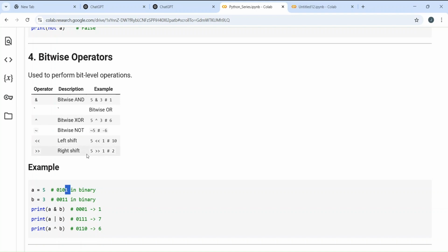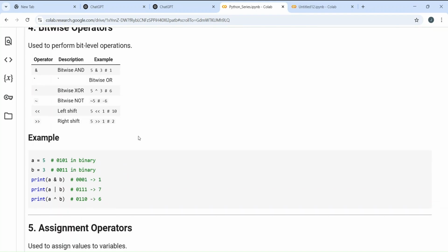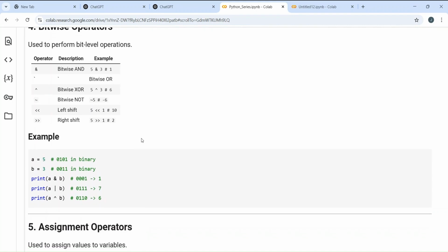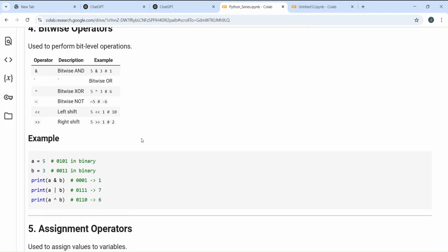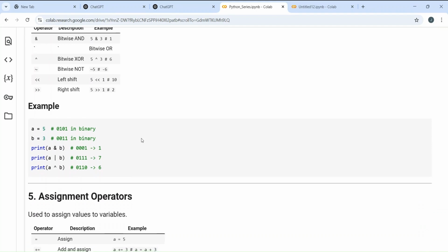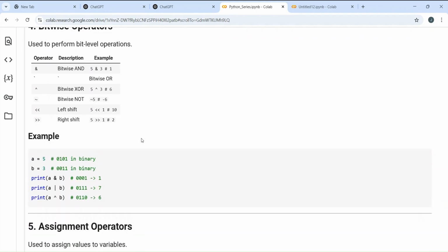If you are shifting your digits to the right, you will add zeros at the left side. So that is how it works. So if you're doing 5 left shift of 1, you will get 10 as the answer, and 5 right shift of 1, you'll get 2 as the answer. If you want, we can take two numbers and try out how they work.